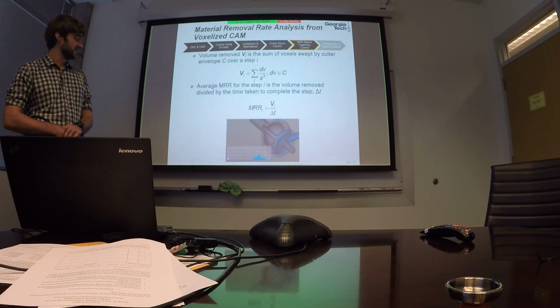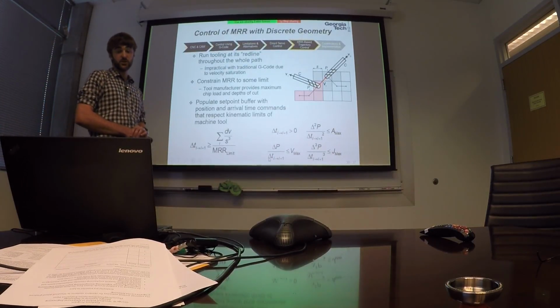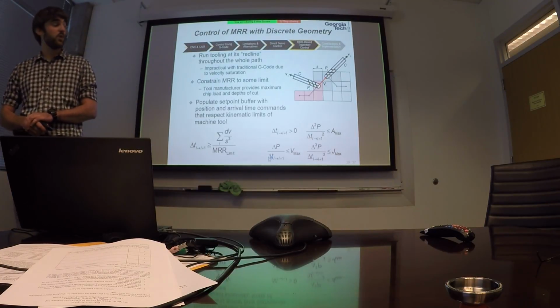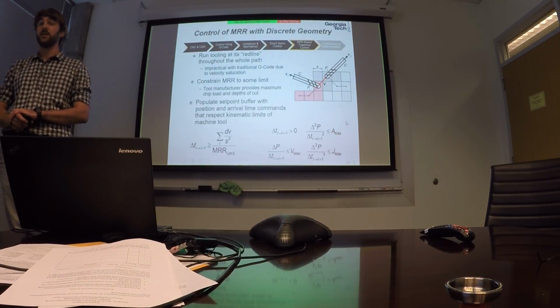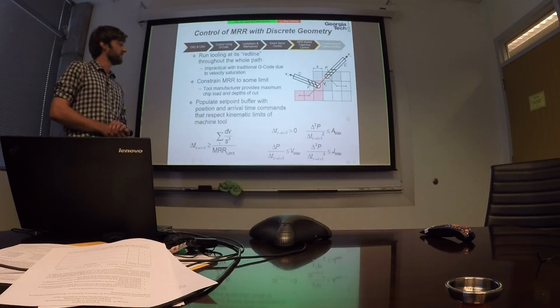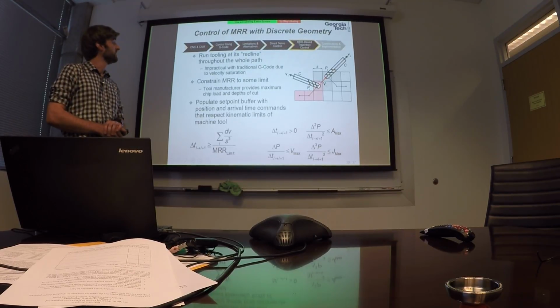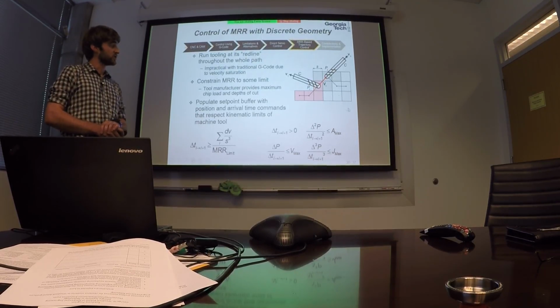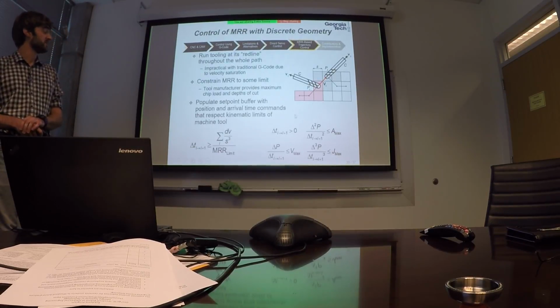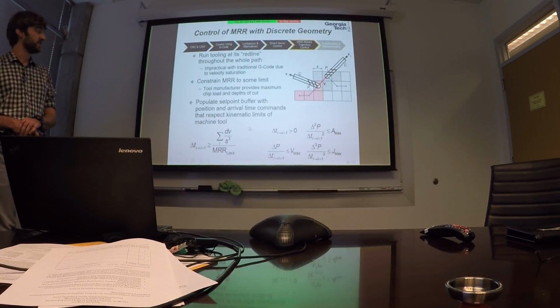The x-axis is the step along the path, and the y-axis is the volume removed. So obviously this is not a very efficient way to machine because we spend a lot of time not removing any material, and then we remove large amounts of material and see spikes here. So ideally what we would like to do is actually run the tooling at its, quote, red line throughout the entire path, which means we want to maximize the material removal rate along the path. So we can constrain the material removal rate to some amount and then control that using the delta T commands,